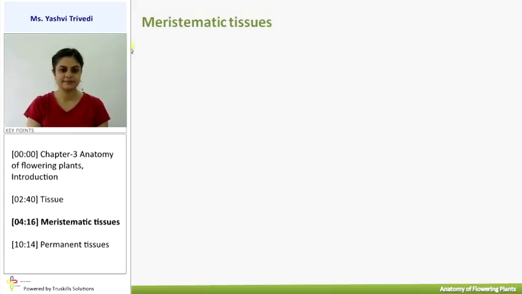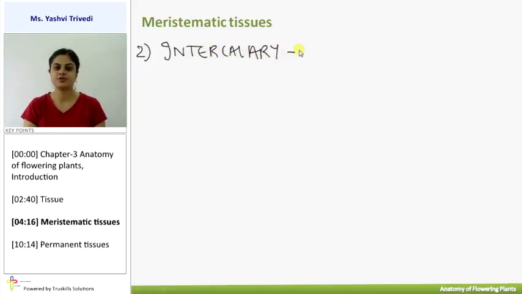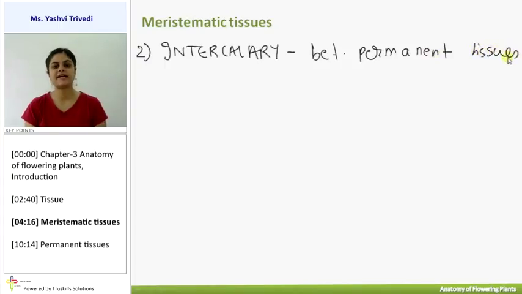Another one is intercalary meristem. Now intercalary meristem is usually there between the permanent tissues. It is usually there between the permanent tissue. Let me give you an example. Intercalary meristems are usually present in grasses or any of the plants which are mainly the food of the